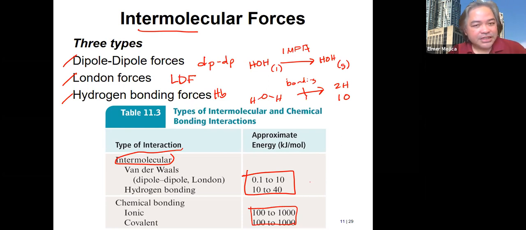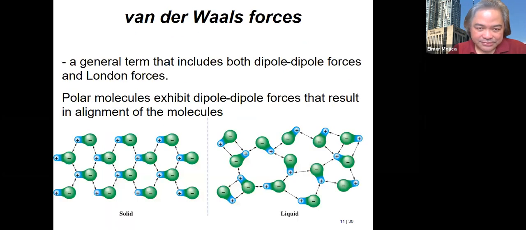The end game here is you should be able to identify what are the IMFA present in a given material. So they coined the term van der Waals forces for both the dipole-dipole and the